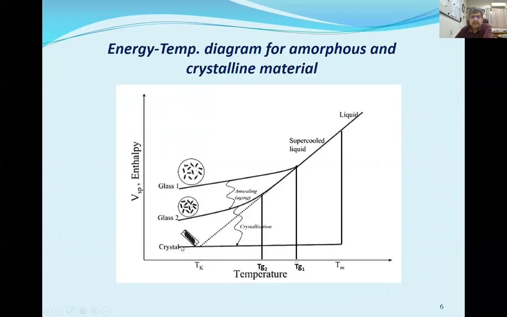So I'll repeat once again. If you take the crystalline sample, you heat it up to its melting point. At that stage, there is a sudden change in the properties of the material as it enters into the liquid molten state. Now, from the liquid molten state, if you suddenly cool the sample, which means you give it a very fast cooling, then instead of crystallizing immediately, it will enter into an equilibrium state, which is called the supercooled liquid state, which means it will follow this same path and enter into a temperature zone which is lower